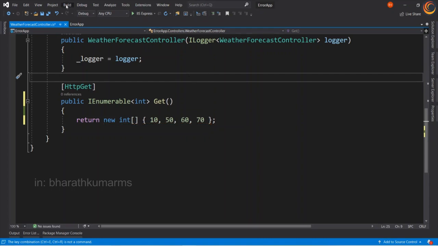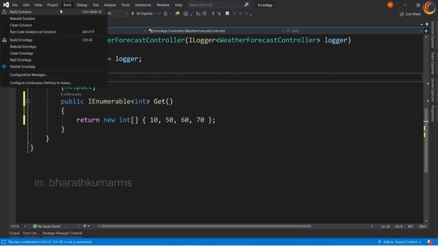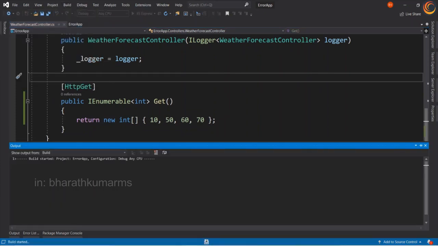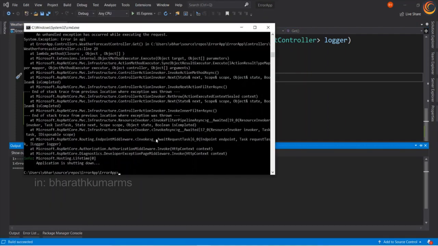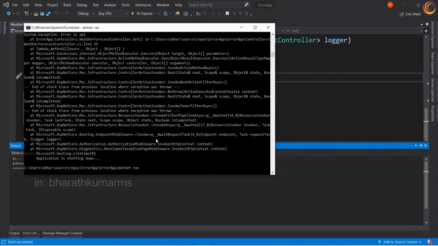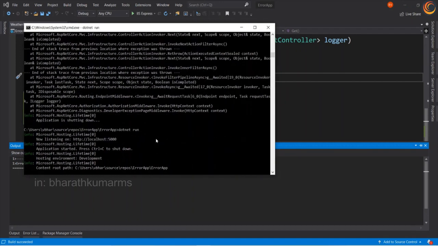Okay, let's build it. And start the weather controller, or the error app.